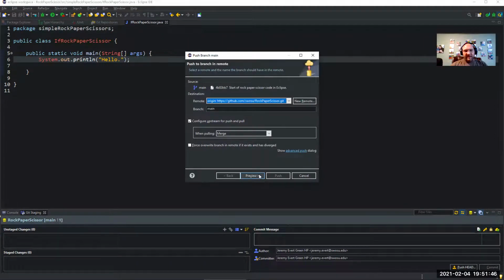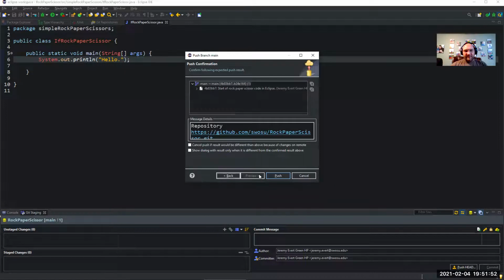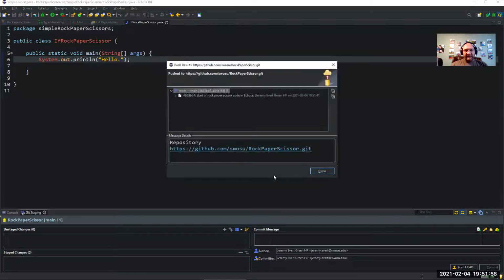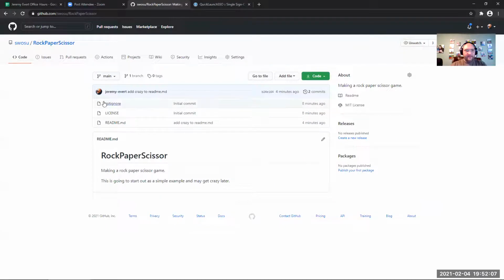And with the way Eclipse does it, you have to first preview it. That's the default behavior. And then you can go ahead and push it up. And so it just takes a little bit, and then it will refresh, and it will say push to the repository. And so I come back here,